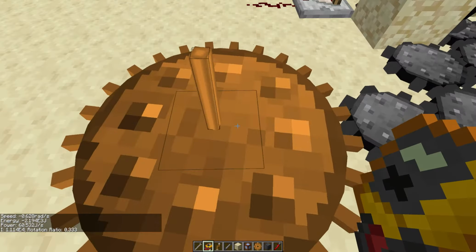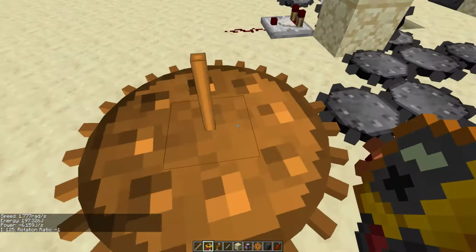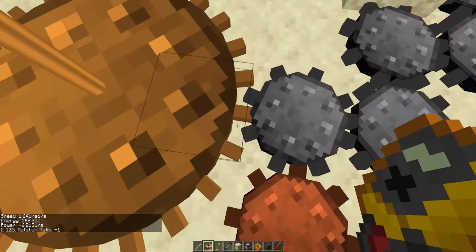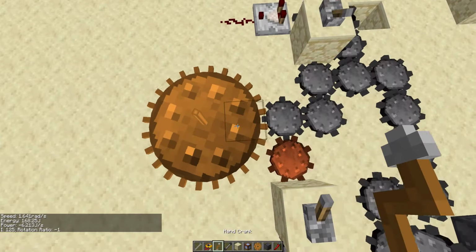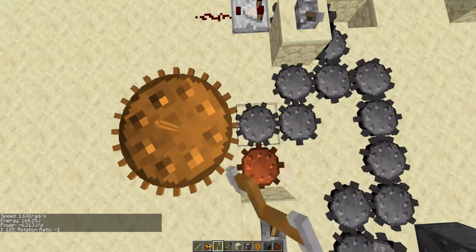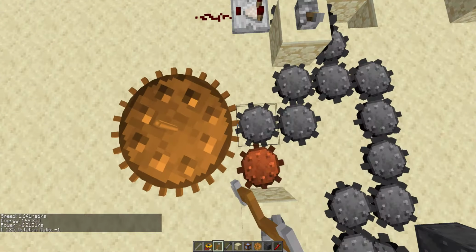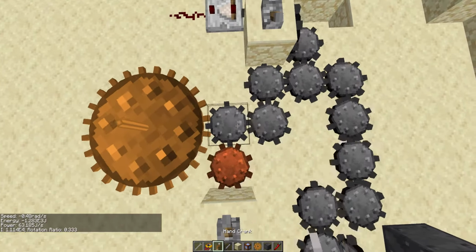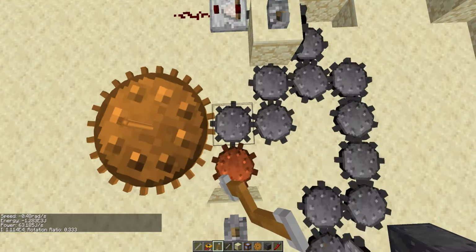So this one's 3 times the size as this gear. It's 3 blocks across instead of 1, so when you connect them up, it spins at 1/3 the speed. And hopefully it's pretty obvious looking at it. You can see this one's spinning slower than this one, even without me right-clicking it and showing the numbers. Large gears are also quite heavy, so they usually take quite a while to get up to speed and build